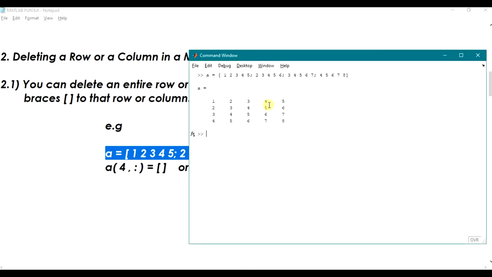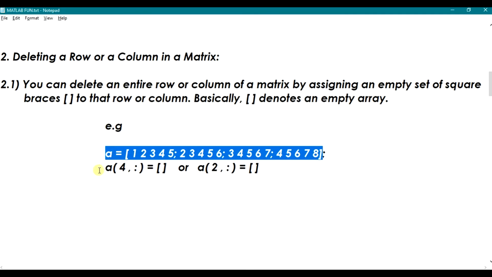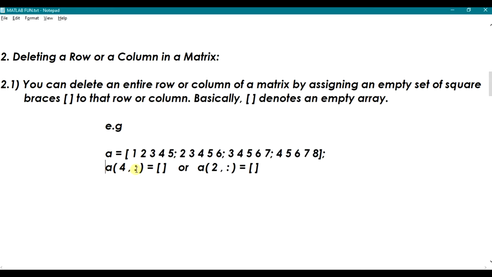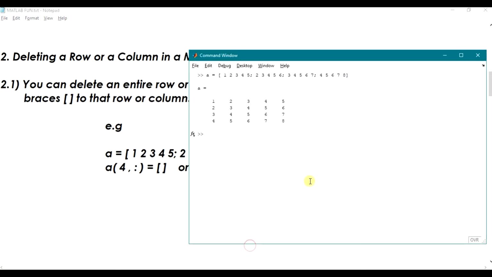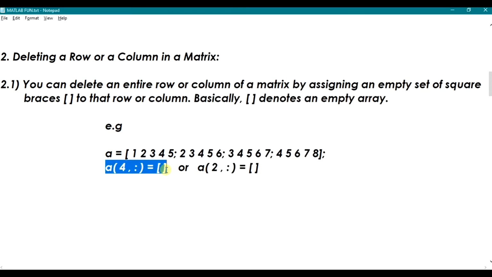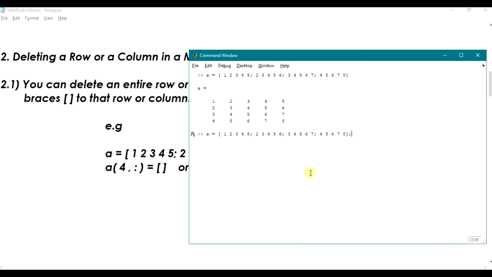Press enter. So here you can see a matrix A is formed. Now what it says is A(4,:) equals square brackets, which is an empty array. I'll copy this one also, paste it here with a semicolon, and press enter.